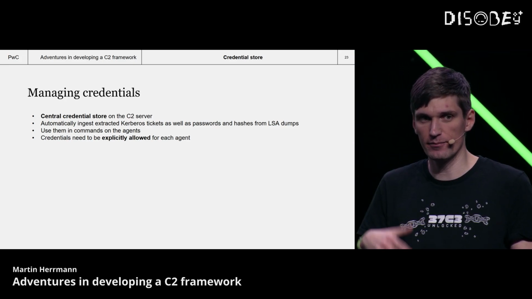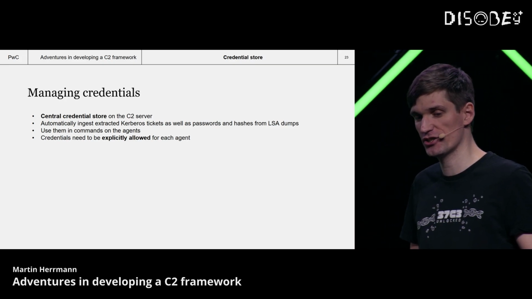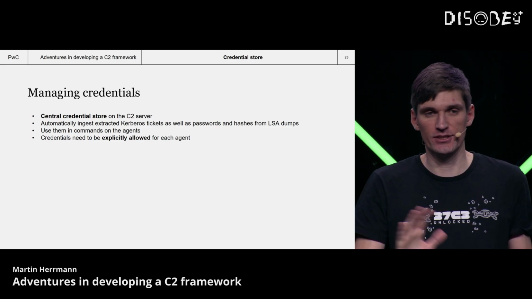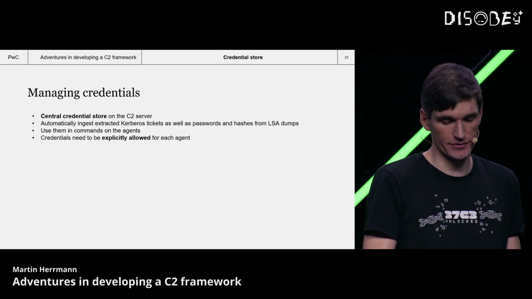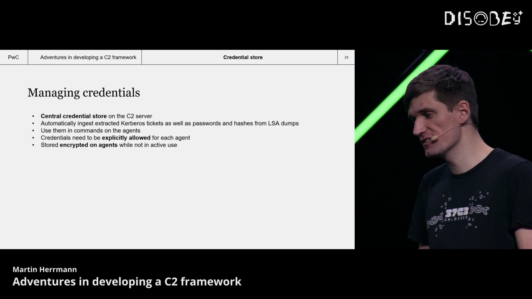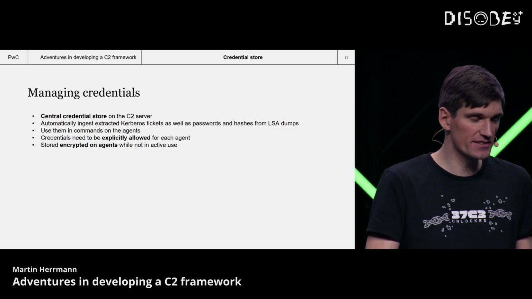So an agent that might have gone rogue, or maybe a blue team that's trying to figure out which credentials we actually have compromised, cannot just request random credentials. We don't allow that. It has to be explicitly approved. And also, while they are on the agents and not actively used, we store them encrypted in the memory,